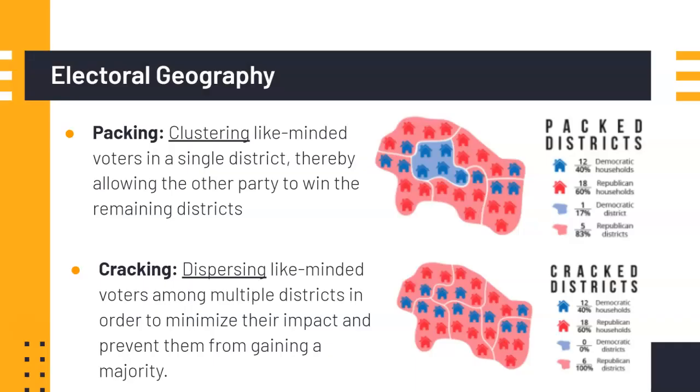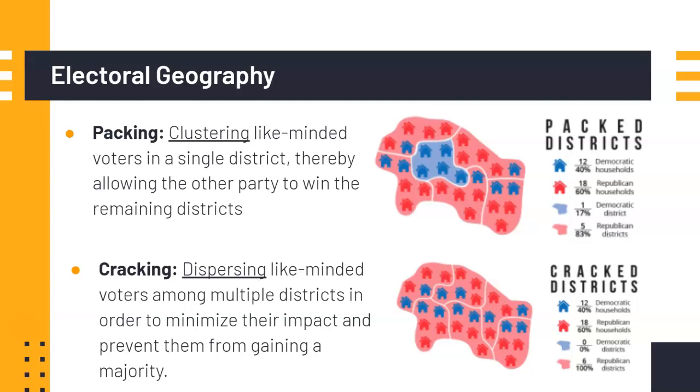Electoral geography involves the study of how political boundaries and districting can impact electoral outcomes. Two common strategies used in gerrymandering to manipulate these outcomes are packing and cracking. Packing is the practice of clustering like-minded voters, often from the opposing party, into a single district. By doing this, the party in control of redistricting can ensure that their opponents win that one district but lose the other districts. For example, if a group of voters tends to vote for one party, packing them all into one district ensures that their votes are concentrated in a single area,